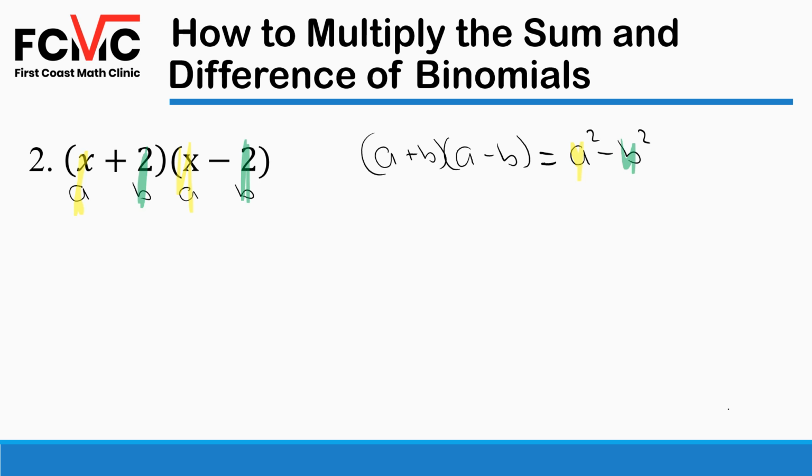So we could just take x squared minus 2 squared. We're going to keep that minus sign, put the minus sign in between. So we're going to have x squared minus 4 as our final answer. And if we want to double check that with FOILing,